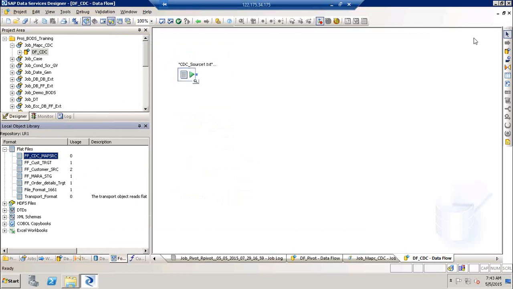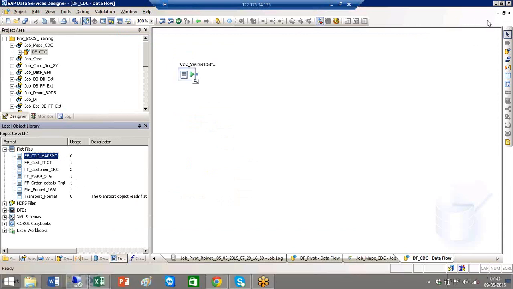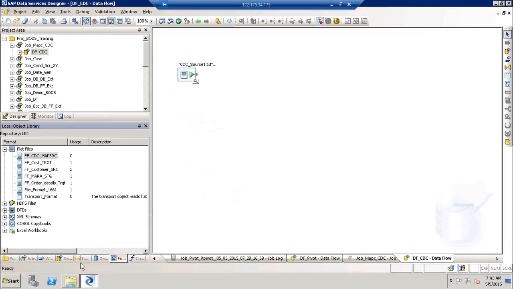Right, so now you have the data here, save and close. Make it as a source. Now if you look at this transformation,